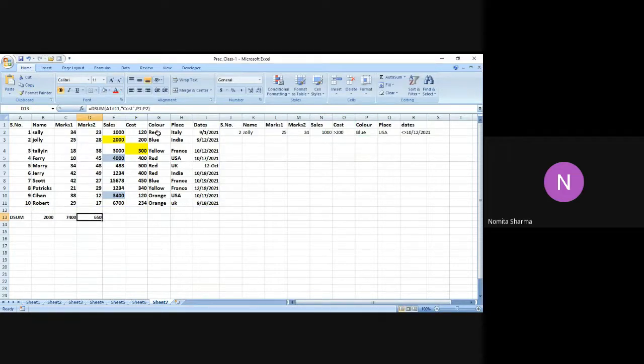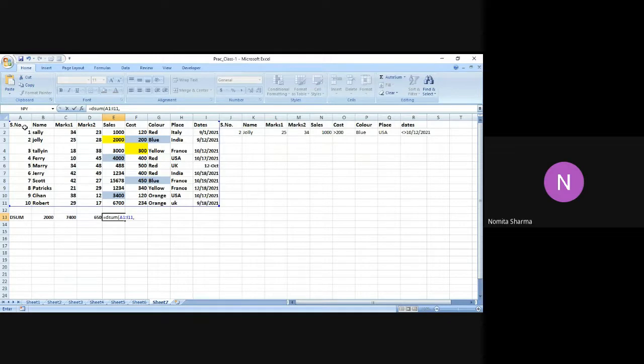Now let me find out where the blue is. Now blue is over here. One blue is over here. One more blue is over here. Let me find the corresponding cost. So this is 200 and this is 450. So I get 650 as the answer, right? So please remember, be careful about the variables that you are mentioning in the D sum or any function for that matter, because if there is any error in the spelling mistake, or if there is any mismatch of the field, then you will not get the answer. And you may take a lot of time to figure out where you have done the error.